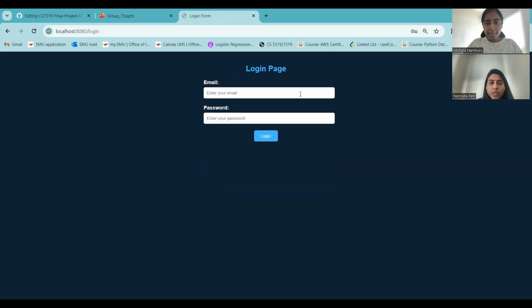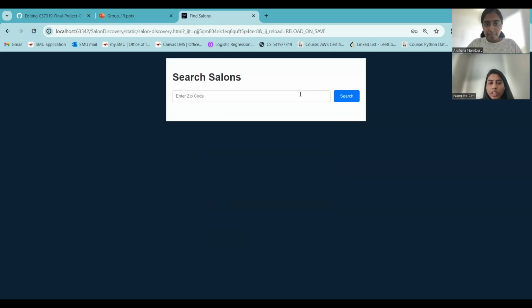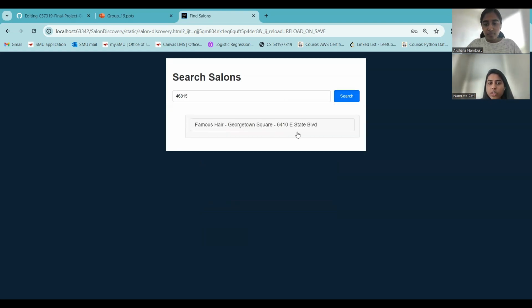Then it will navigate to the next page, which is the login page, where we just need to give the email and the password. When we click on login, it will navigate to the next page, which is search salon, where we need to enter a zip code and click on search. When we click on search, it will show us nearby salons with the name and the address. Once we click on that particular salon,